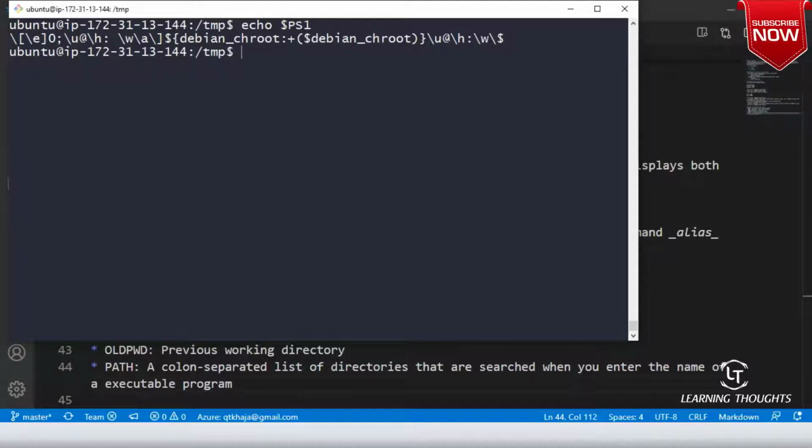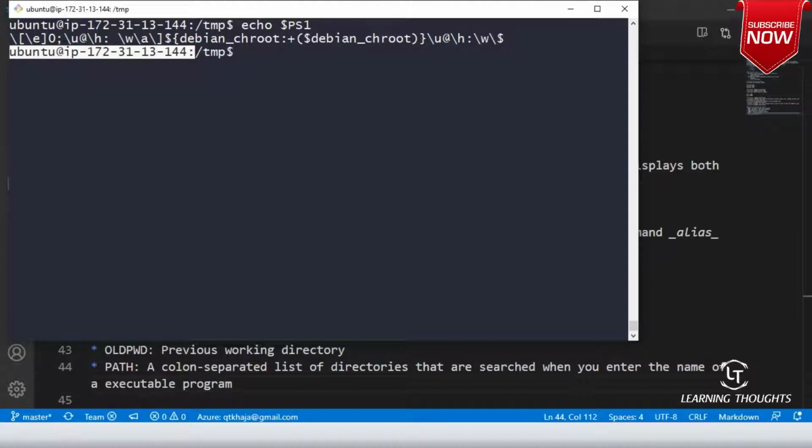Right now this prompt string tells you how your prompt should appear, whatever you are seeing over here. Am I clear on this? When we go into regular expressions, we'll understand a little bit of that. But are you seeing Ubuntu at the rate some IP address appearing? That has something to do with PS1. You can customize it.